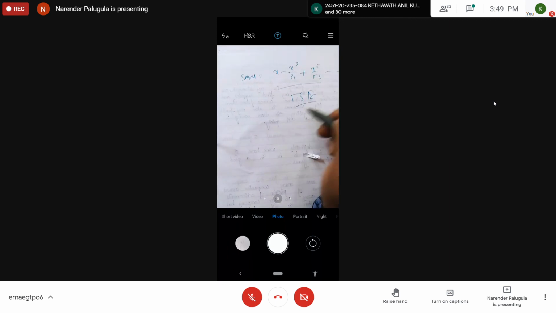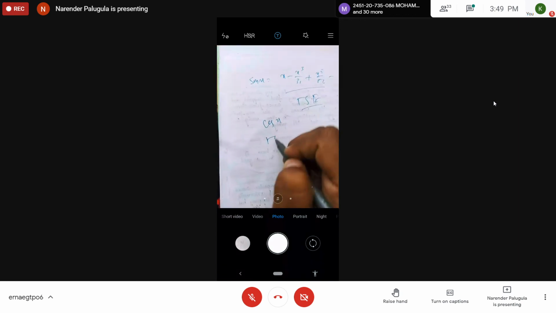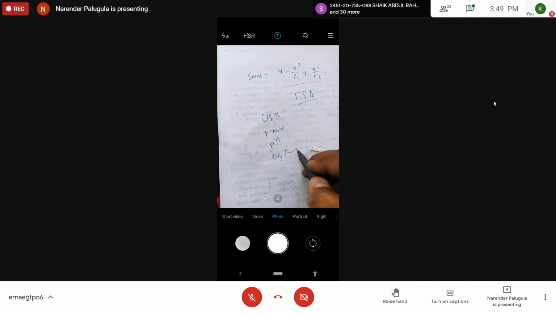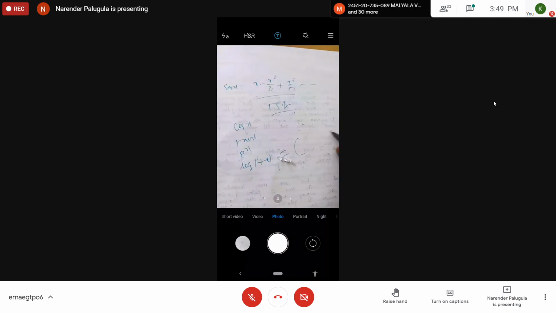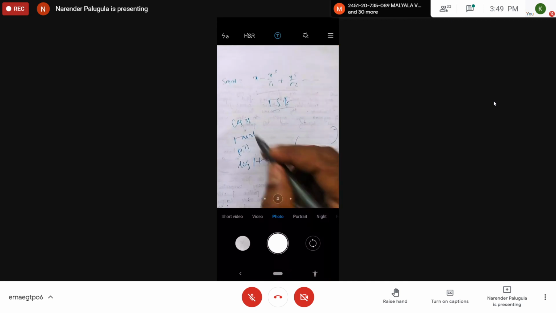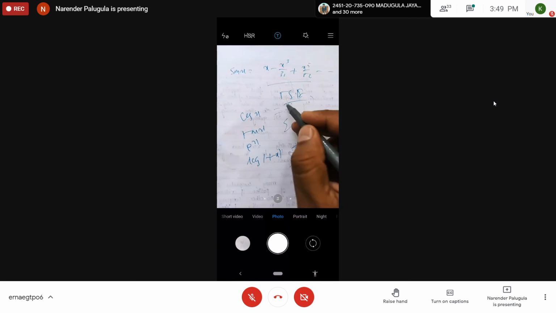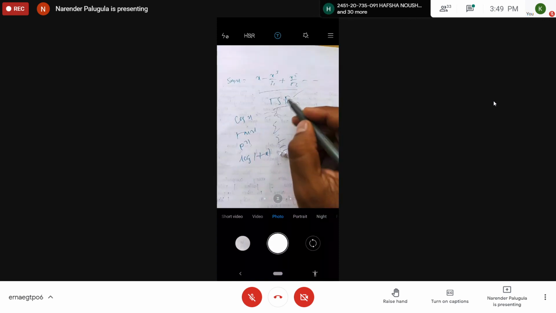Taylor series goes beyond this, not only sine, cosine x, tan x expansions, but also the exponential function and log function. Every function can be expanded as an infinite series. Every function, if it is continuous, can be expressed as an infinite series using Taylor series expansion. This is a very important theorem in calculus.